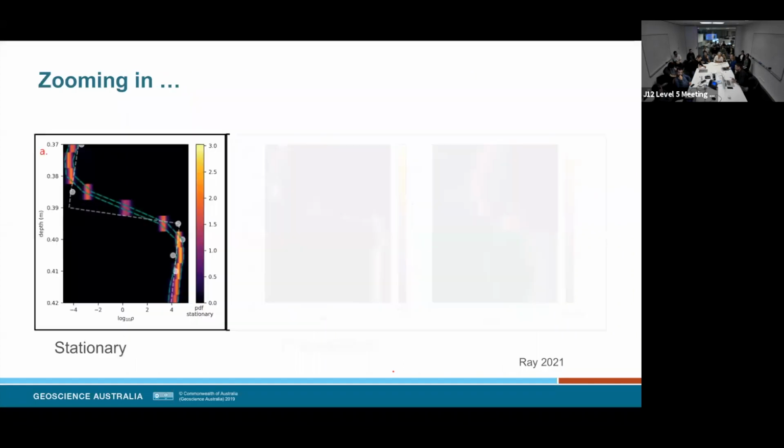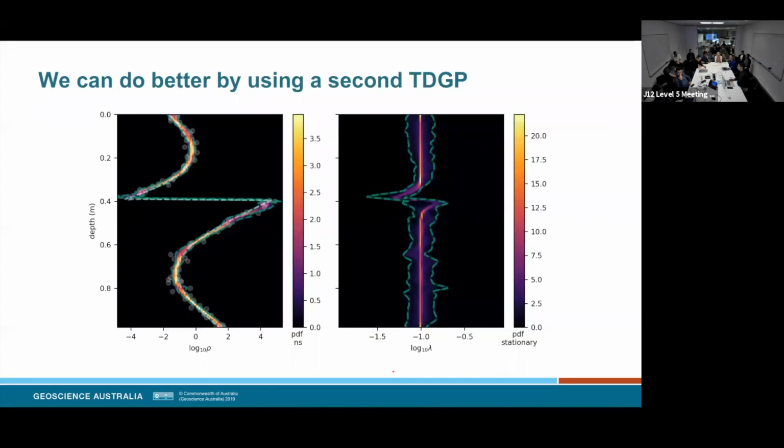But wait, quick question. Yes, you're still placing the GP on the log of the length scale, right? Yes. It's always possible, because it has to be positive. I could perhaps have an arctan or something like that to enforce things, but I think that'll just ride me up against the edges. I don't know. That's a very good question. Which is why I had to do log, because there are probably other ways to do it as well. But I decided on log.